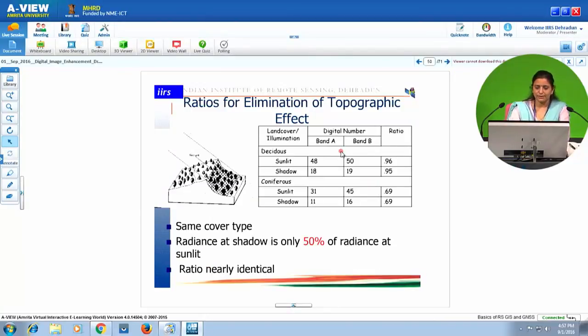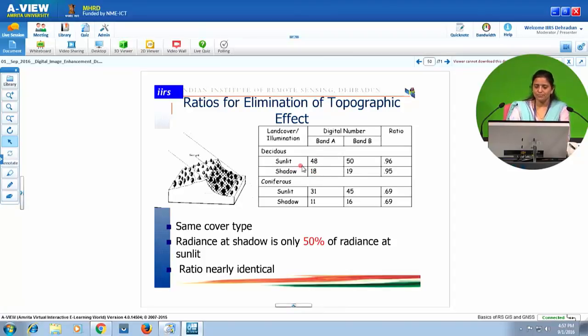You can see here in this example, on both sides of the hill, one side was sunlit and the other was shadow area, in which the same type of trees were growing, deciduous and coniferous. So for deciduous trees, and we are talking about two band data, band A and band B, in the sunlit area the value is 48, whereas in the shadow area for the same tree the value is 18.